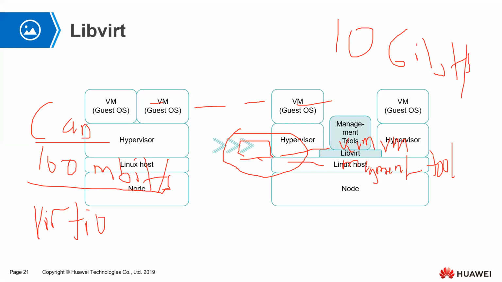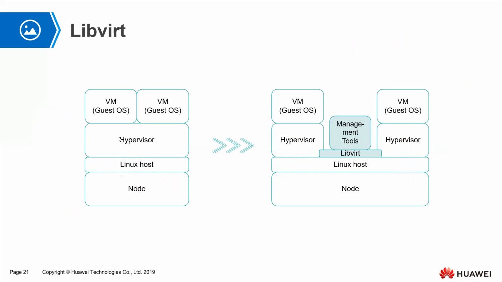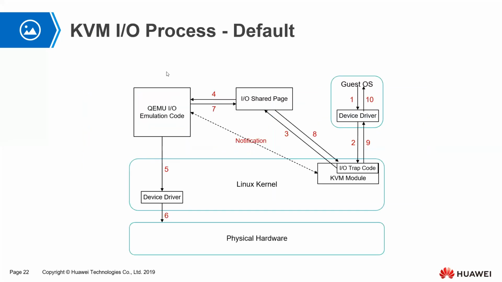Okay, so let us also try and see how QEMU or Libvirt works. Let us look at Libvirt here briefly. We have our virtual machines, our hypervisor, our Linux host, and then our physical host. We can have our API here, our management tool Libvirt, which can help us manage our virtual machines and different hypervisors. So when you install Libvirt, it can help you manage different hypervisors and also manage different virtual machines and change their states or status.